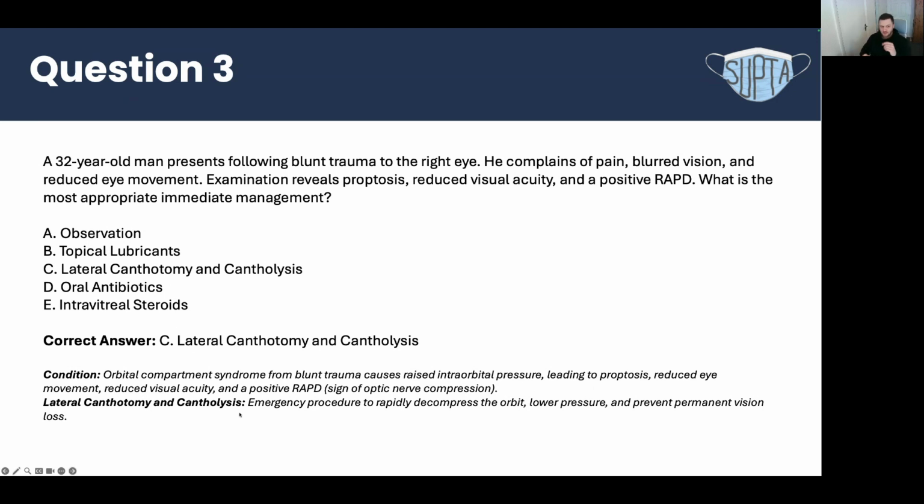So the way you relieve this, the emergency procedure, is a lateral canthotomy and cantholysis. So around the eye, you've got these suspensory ligaments, and on the side, you've got this lateral canthal ligament. They go in, open it up and snip. It's like a Y shape. I think they do the inferior one. They snip that ligament, and then it allows the eyeball to move anteriorly and relieve some of the pressure